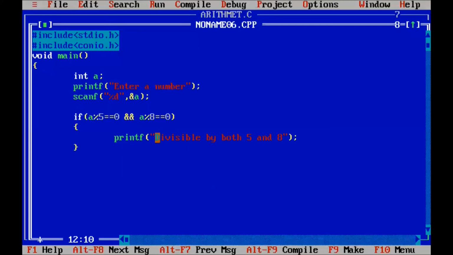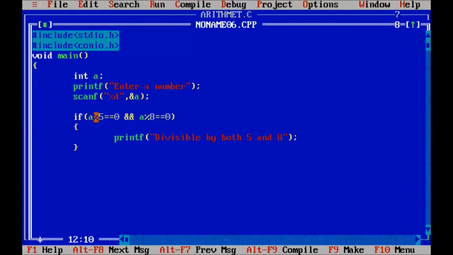Suppose we enter some value and here it will check a divided by 5 and get 0, and this is the logical operator AND. So we can say logical AND. In logical AND both conditions should be true.